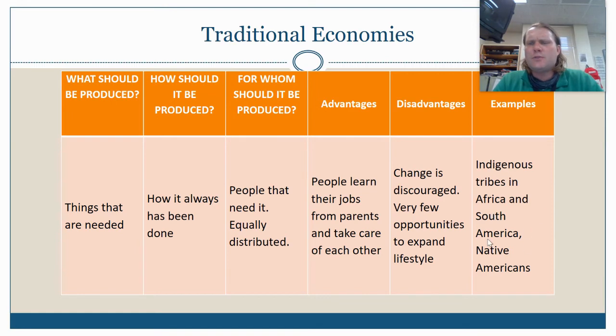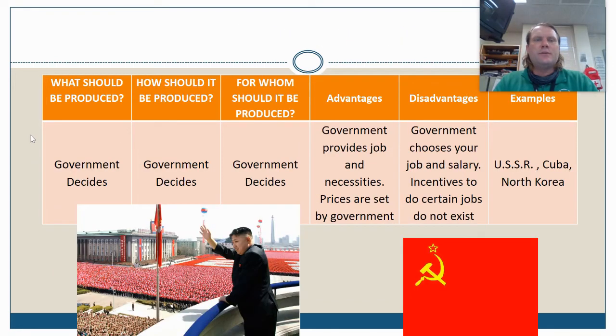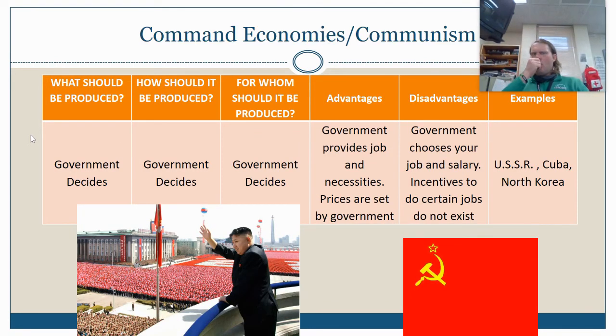There are still some examples today. If you go into some indigenous tribes in Africa and South America, you can see how these things operate, but the best example is probably Native Americans. Now, as these Native Americans became extremely successful, keep in mind, a Native American tribe had a chief, right? And he was probably in charge of, I don't know how many people, maybe 1,000 people.